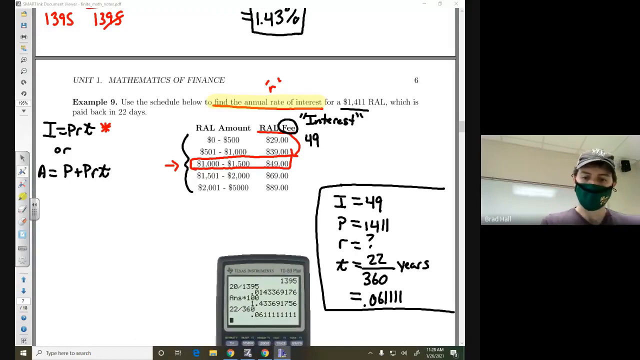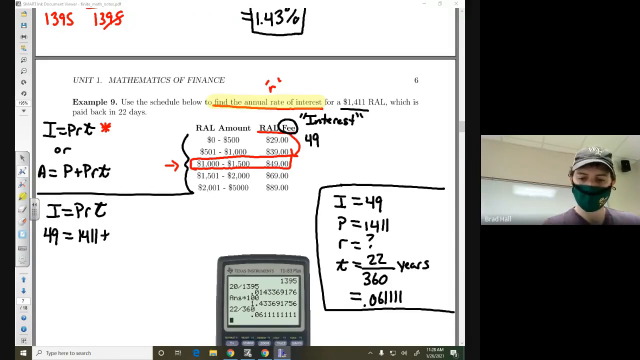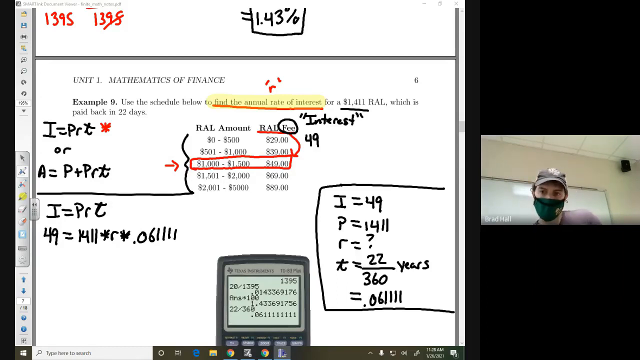And so let's go ahead and put all this together. This is the formula we're using. 49, 1411 times R times T, which is 0.061111, or whatever rounded form you choose to use. It might look a little bit different, but the final answer will be the same after you round. So from here,